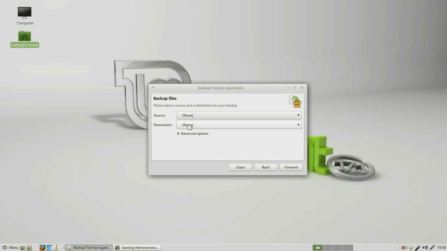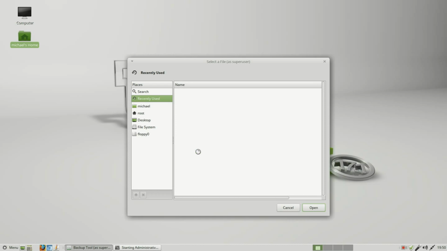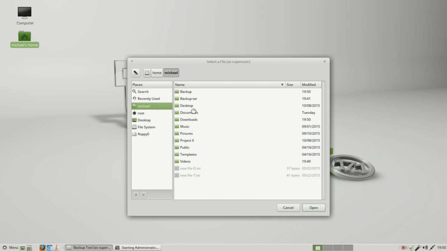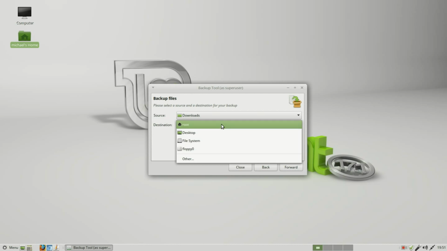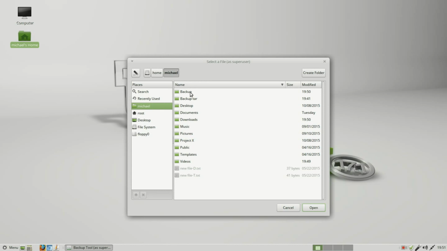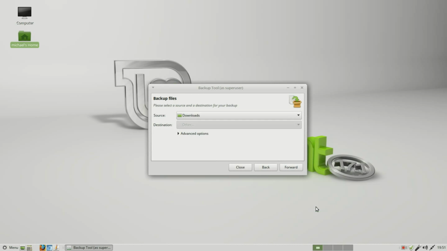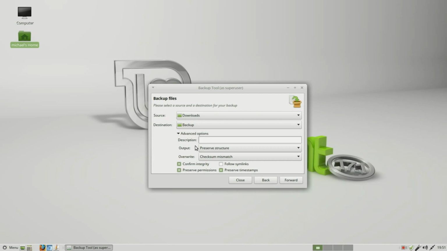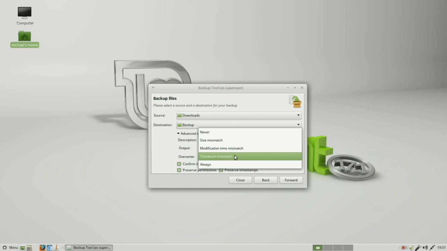Backup Files, make that source file the downloads, and make the destination the backup file. Now in these advanced options, what I'm going to change is I want to preserve the structure, but this overwrite.